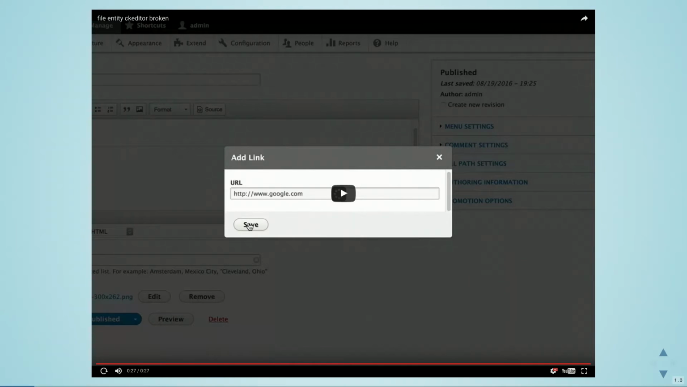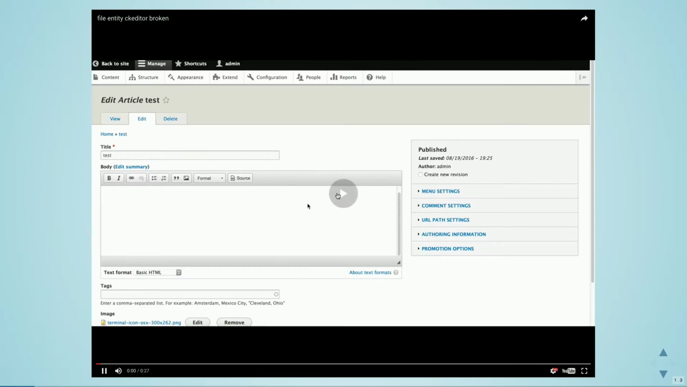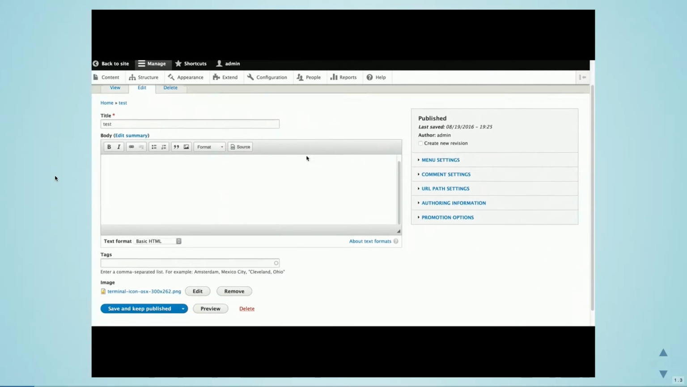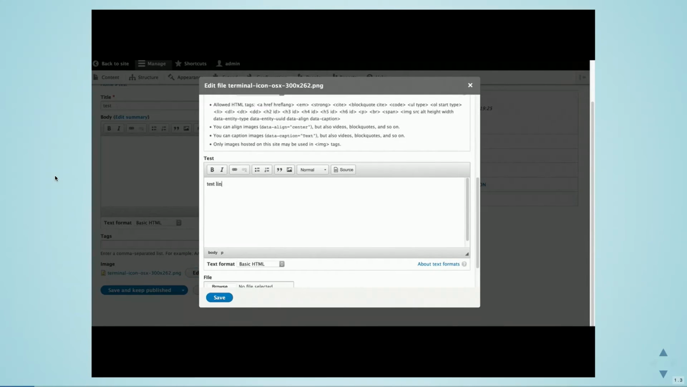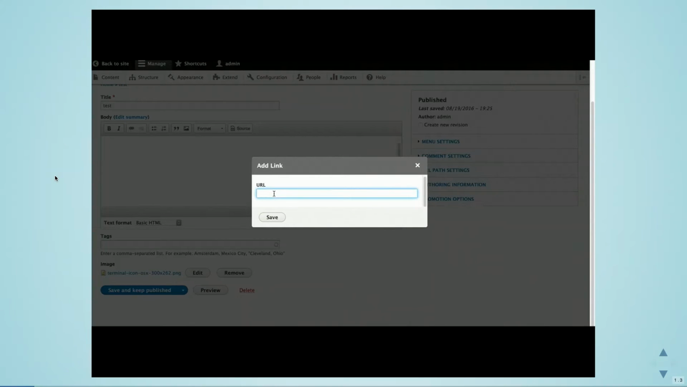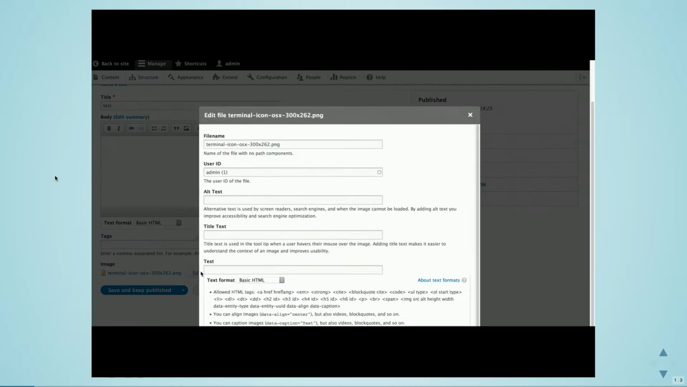So I took a video of this bug in action. It's a little hard to describe, but basically the client needed to add links and formatting to the attribution. So we added a CKEditor field to the file entity. And the bug is when you edit the file and you try to make something a link, then weird stuff